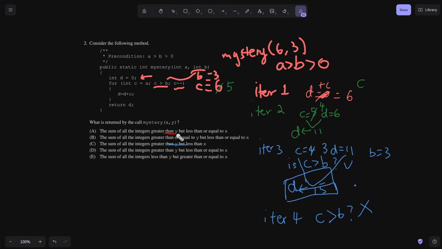All the integers greater than y or equal to y, greater than y and